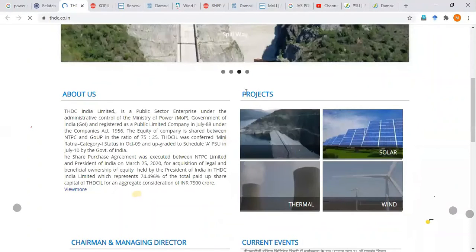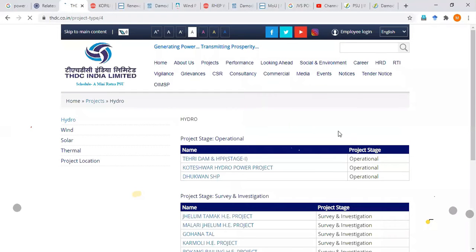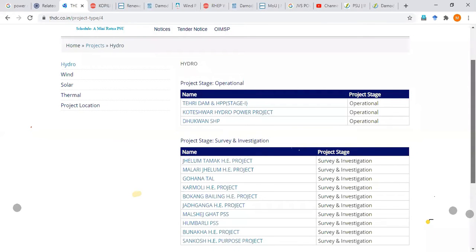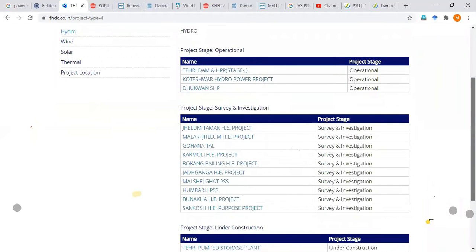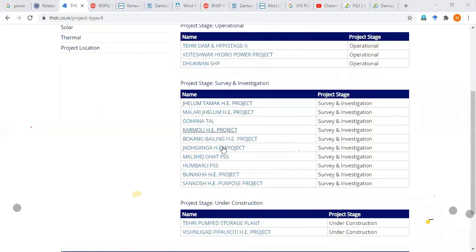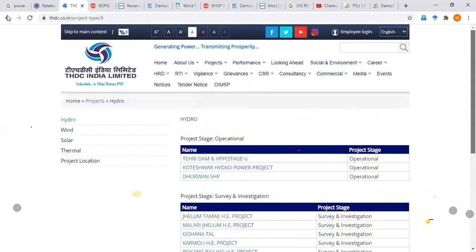Let's see the hydro projects which are coming under this. So operational stages are Tehri Dam and HVP, then Kodeshwar Hydropower Project, and Dukwan SHP Hydropower Project. These are projects which are in operation, supplying electricity to the power grid of India. And different projects are under preparation, investigation or survey. These are being listed over here. Going back,